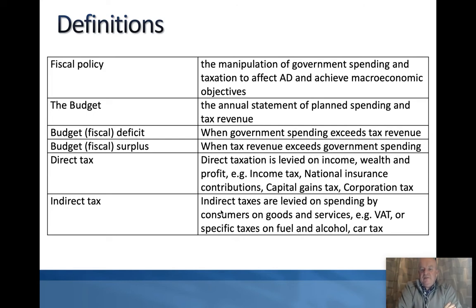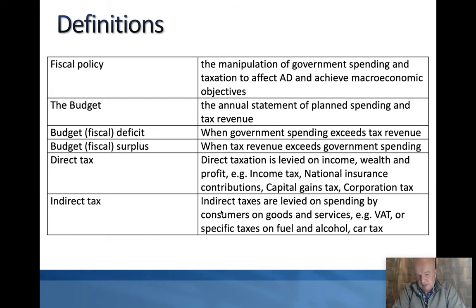Basically, it's the manipulation of government spending and taxation to affect aggregate demand and achieve macroeconomic objectives. So if you can remember the principle of government spending and taxation, whenever you think about fiscal policy, those are the basic things that the government can use in fiscal policy to have an effect on aggregate demand, and as a result of that, the way in which they can try to influence the way the economy might move forward